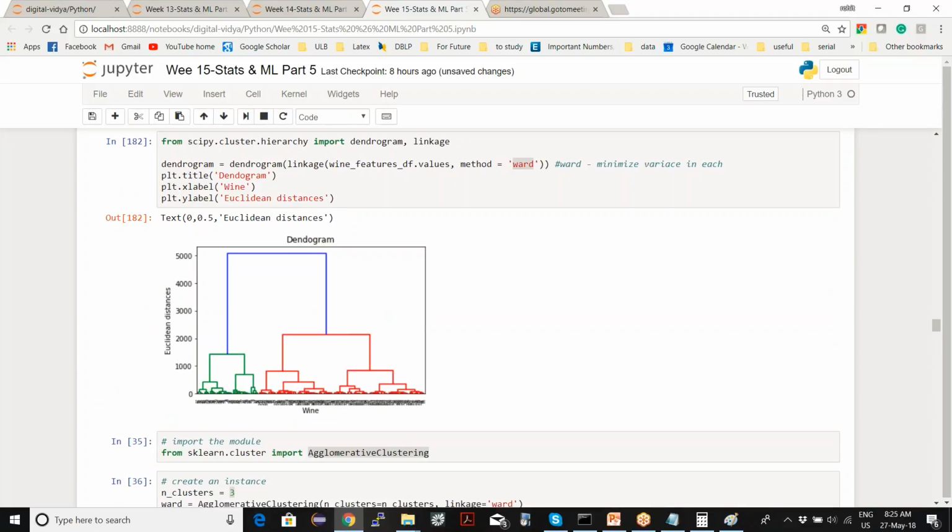The approach of clustering is different; that's the main point. Both algorithms, k-means and hierarchical clustering, do the same thing. It's just that the approach of how they do the clustering is different.